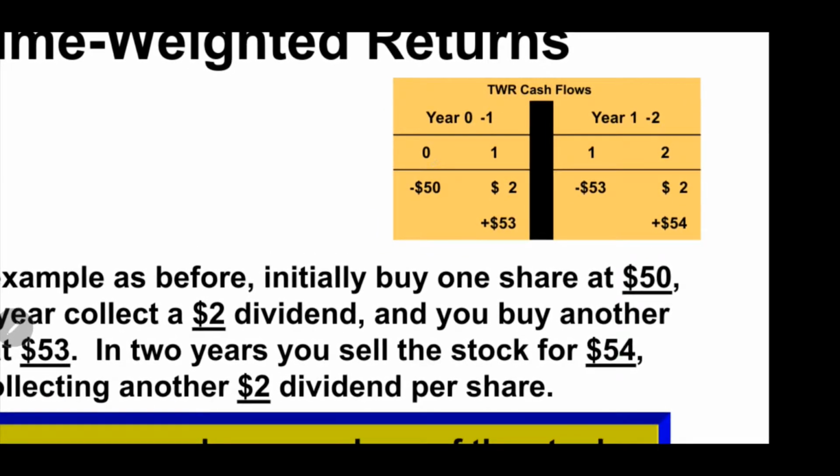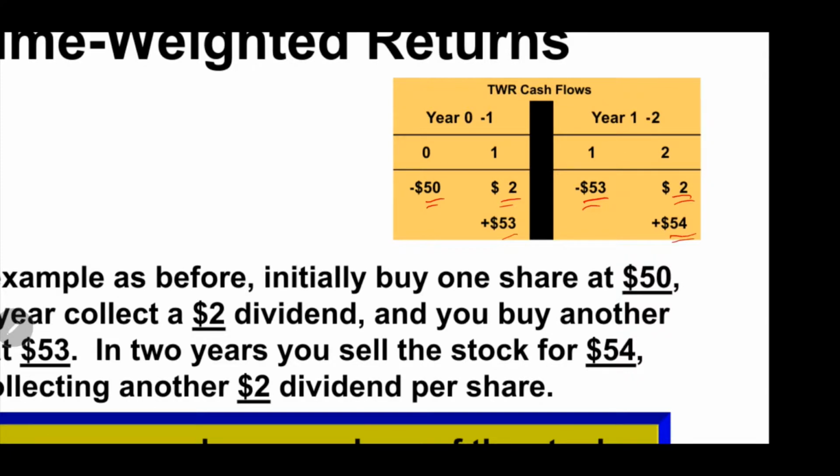So at year 0 you invest $50, right? At the end of year 1 you receive $2 in dividends, plus you are selling it at $53. So that means you are making a profit or capital gain of $3. So 3 plus 2 is the return you achieve at the end of year 1, and then immediately you invest this $53, right? And when you invest this $53, at the end of year 2 you receive another $2 as dividends, and